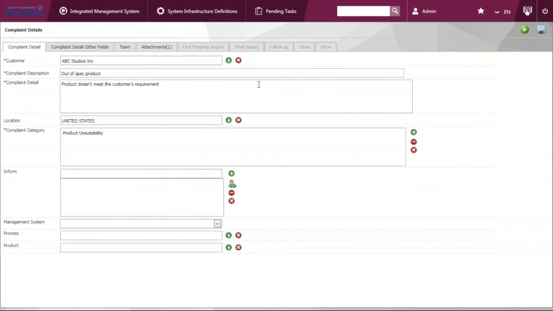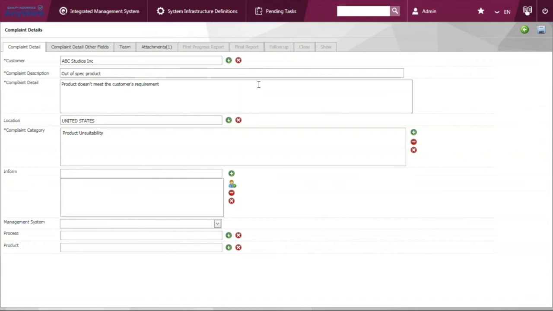And keep in mind, we can always update the flow to make sure this module is the best fit for your company to handle the complaint, so that we can add more steps in between.